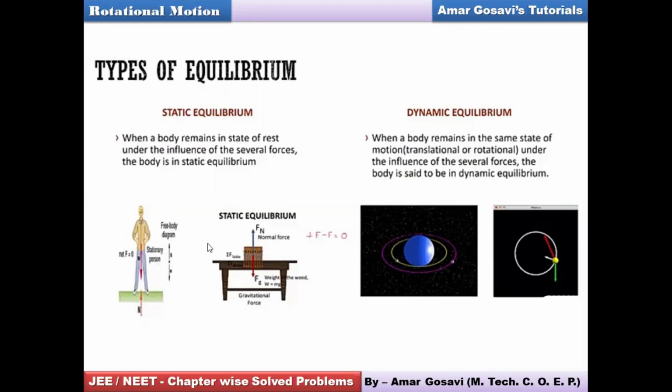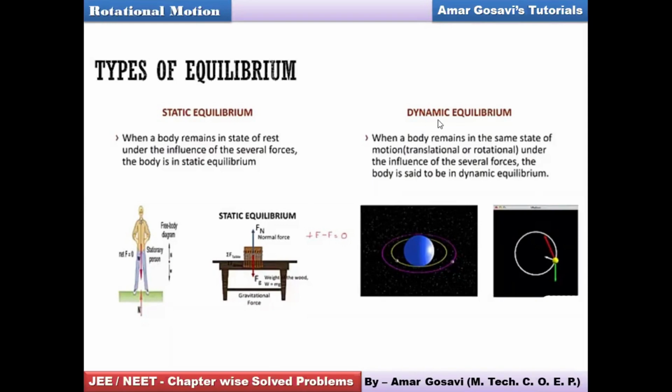Alright, friends. The same is the case for this person who is standing on the land here. His weight is being nullified by the normal reaction given by the land. Such situations lead us to the concept called static equilibrium. Now here in this equation, you might be wondering why I've considered one force as plus F. Plus F is the force acting along the positive x-axis. There's a normal force, and the equal and opposite force acting downwards along the negative y-axis would be considered negative, and therefore plus F minus F leads us to 0. But this is about static equilibrium.